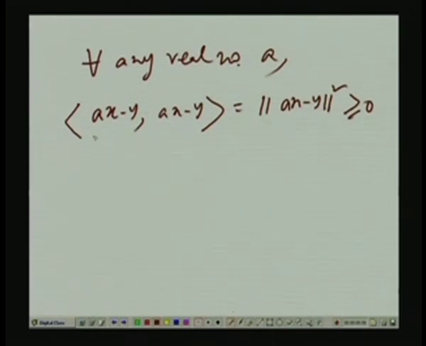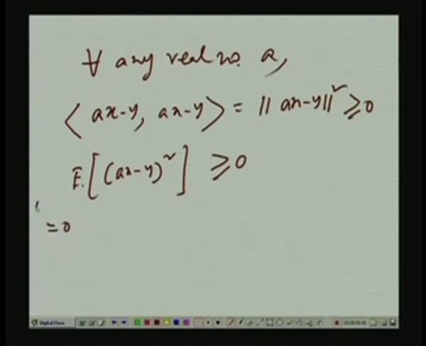Here we are writing using the general notations of inner product and norm. In our case, it becomes expected value of square. This we always know is greater than or equal to 0. So, I am rewriting this using our definition of inner product. Now, it is greater than or equal to 0, and equal to 0 means if and only if